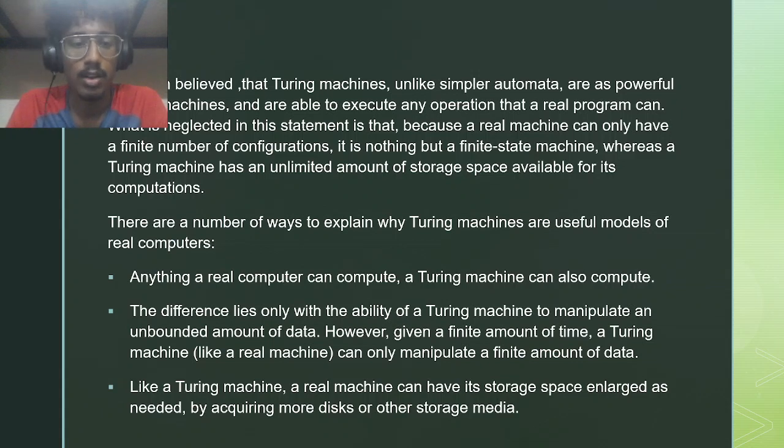There can be a number of ways to explain why Turing machines are useful models of real computers. Some of them are: anything a real computer can compute, a Turing machine can also compute. The difference lies only with the ability of a Turing machine to manipulate an unbounded amount of data. However, given a finite amount of time, a Turing machine can only manipulate a finite amount of data. Like a Turing machine, a real machine can have its storage space enlarged as needed by acquiring more disks or